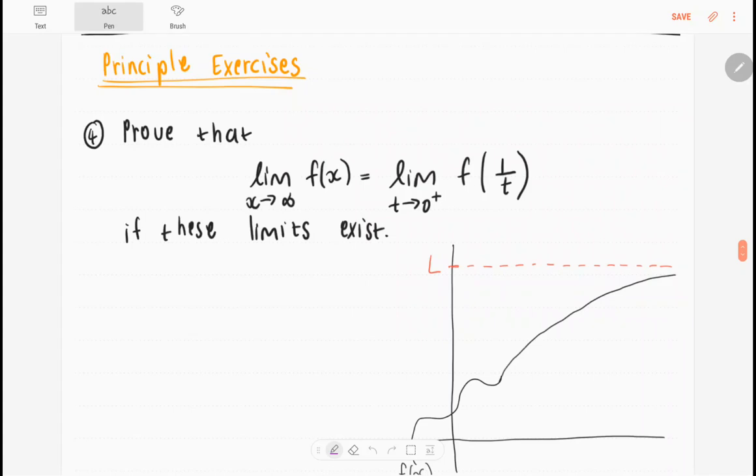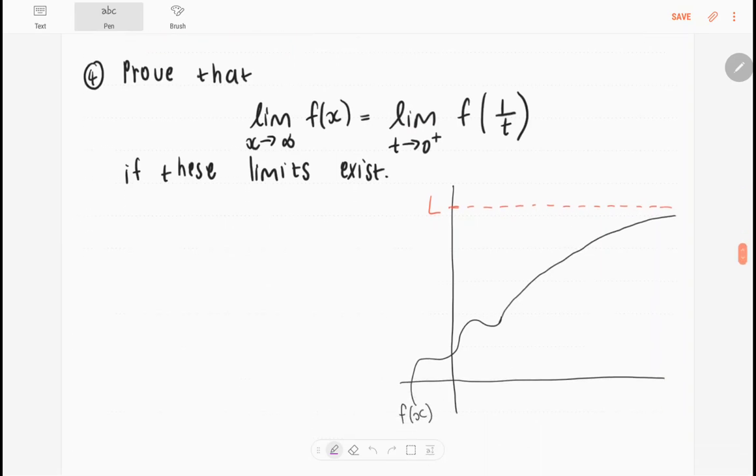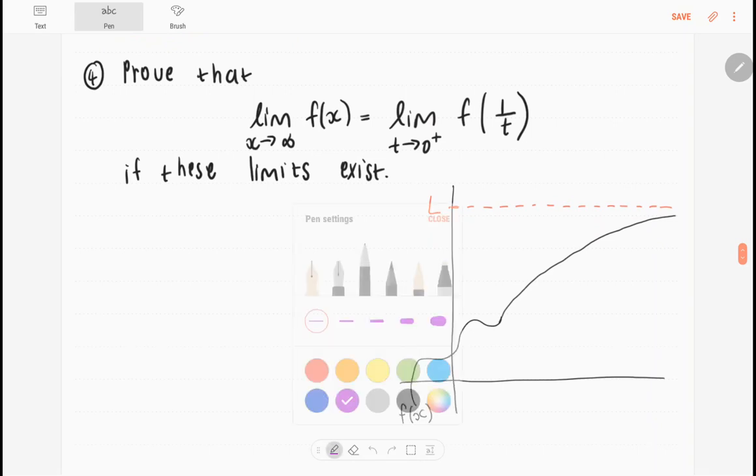We are now looking at the principal exercises. Number 4 says prove that the limit as x approaches infinity of f of x equals the limit as t approaches 0 from the right of f of 1 over t, if these limits exist. So what we're going to do is start off by saying,